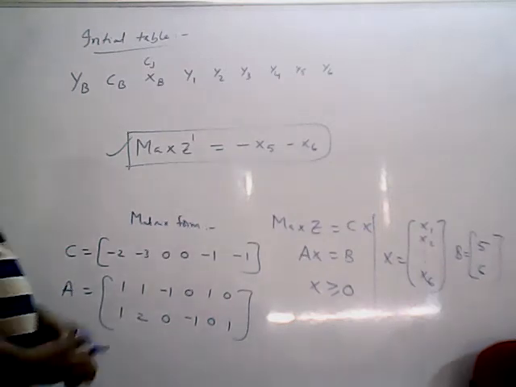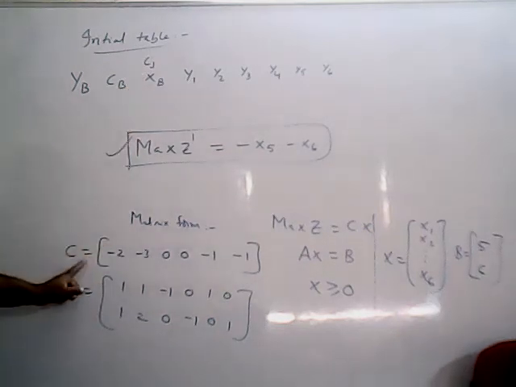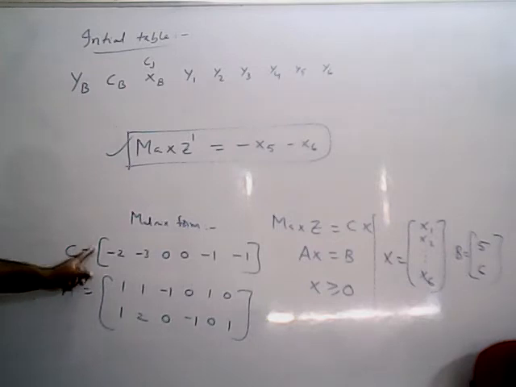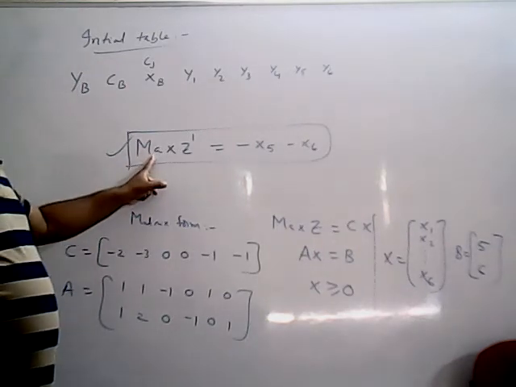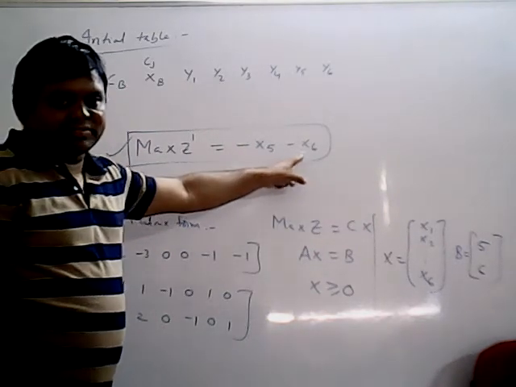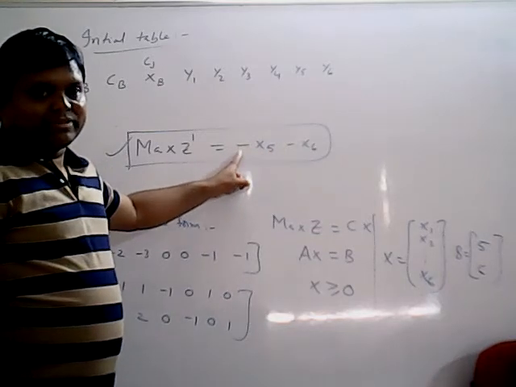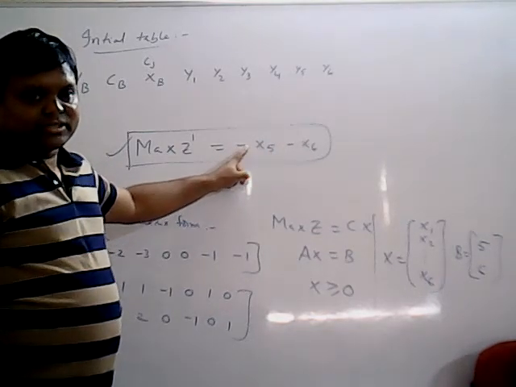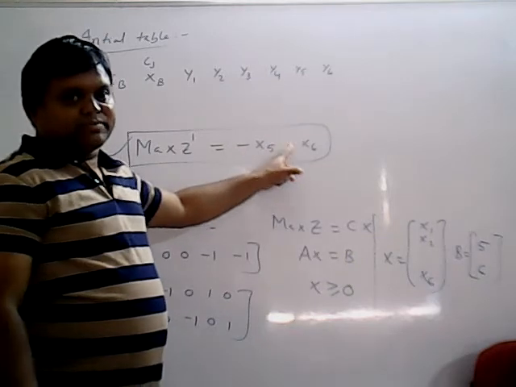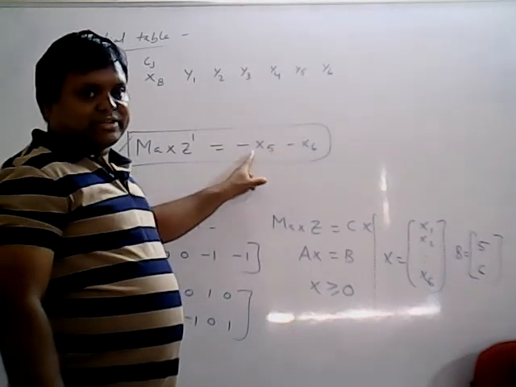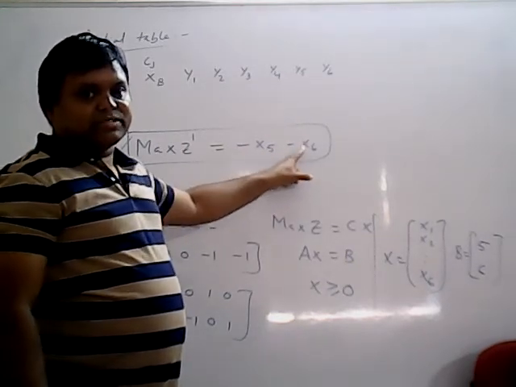First, you have to write the C matrix. Now, the C matrix is not this one, because in phase 1 your objective function has all zeros except artificial variables. That means the x1 variable cost is 0, x2 coefficient value is 0, x3 is 0, x4 is 0. Only x5 and x6 exist. What is the x5 coefficient value? -1. The x6 coefficient value is -1.